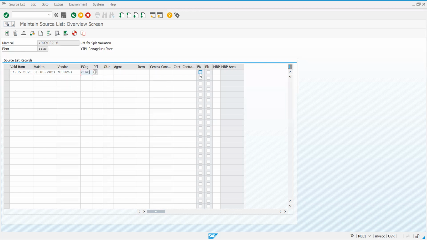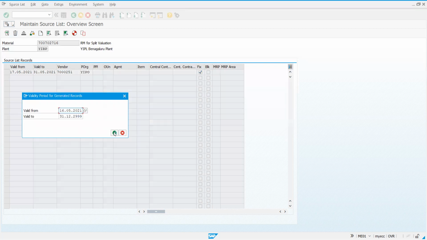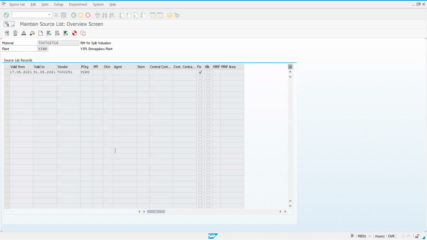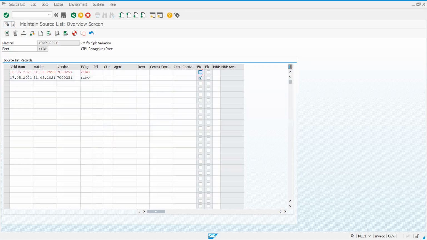So I'll fix this vendor. I'll generate. Save this.